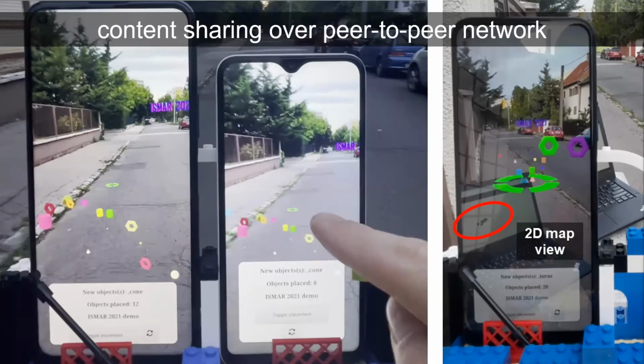So there's no joint session like in HoloLens or ARKit or like these advanced features on the Webxr. This doesn't exist. So they have completely independent AR sessions, but because the content arrives with the Geopost, they can show it at the same or almost the same location. And because it arrives with Geopost, to prove that there's no magical shared AR session in the background, I can place the exact same contents on a 2D map view on my laptop. So this is a normal Google map, and I can place the same objects appearing on this 2D map view. So it's not an AR session.